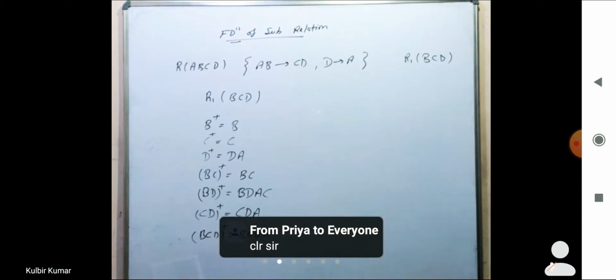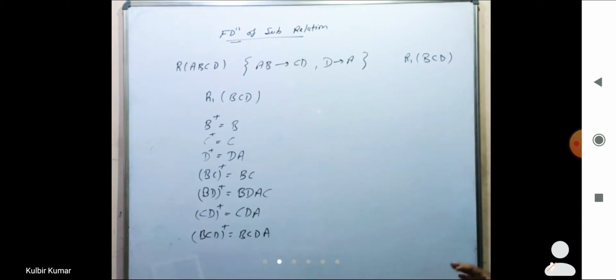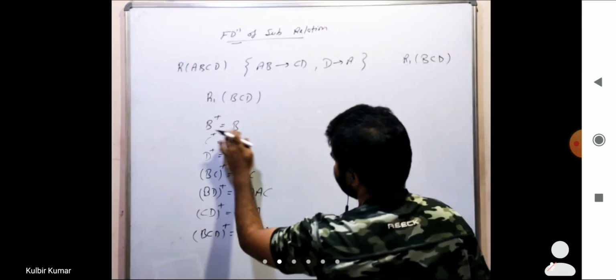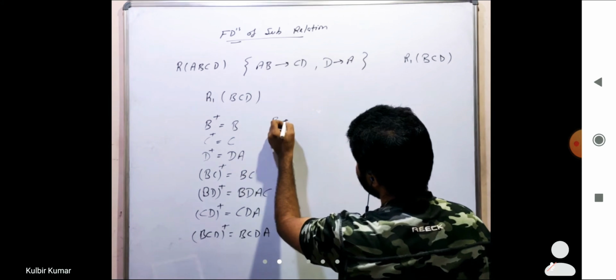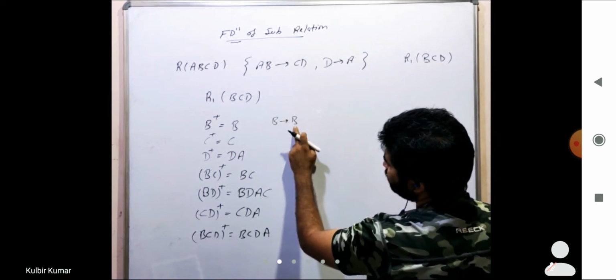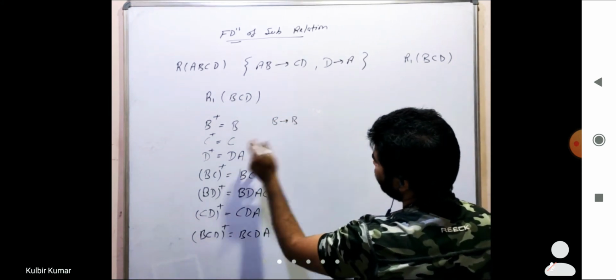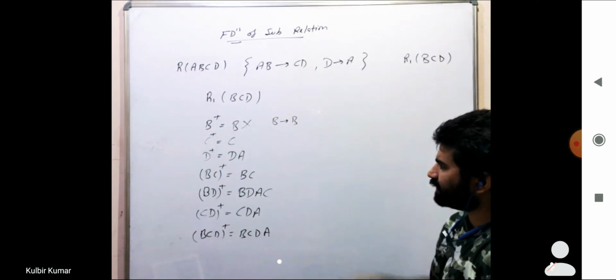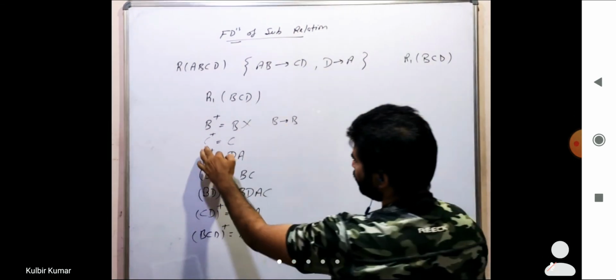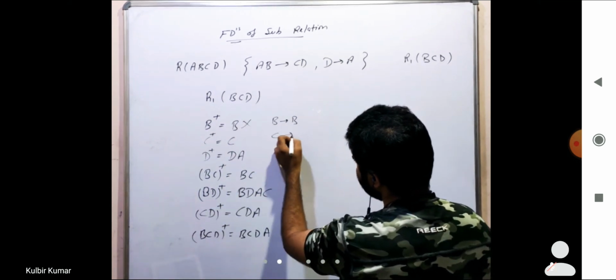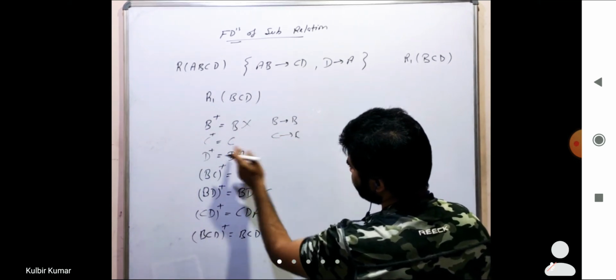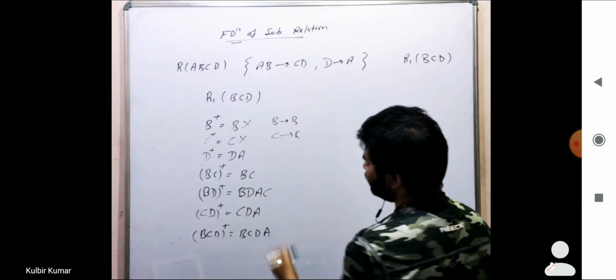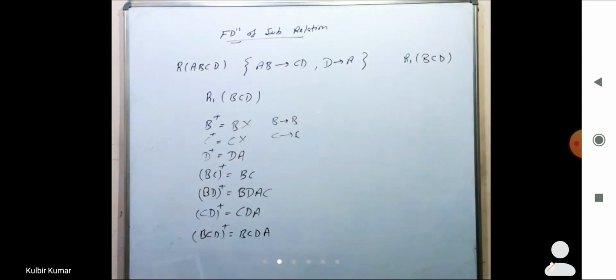Now we want to decide the functional dependency, what can actually be the functional dependency. So B closure can be written as B goes to B, but B goes to B is a trivial case, so we cannot take this one right now. Similarly, C can derive C, meaning it is the C closure. It is also a trivial case, we cannot take this one.